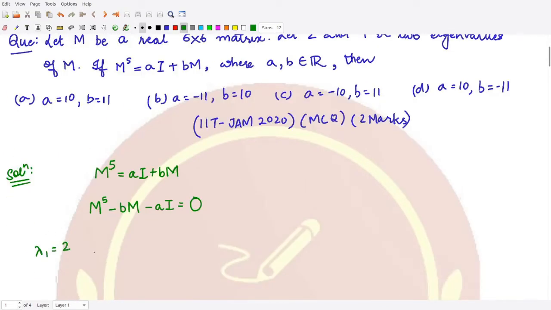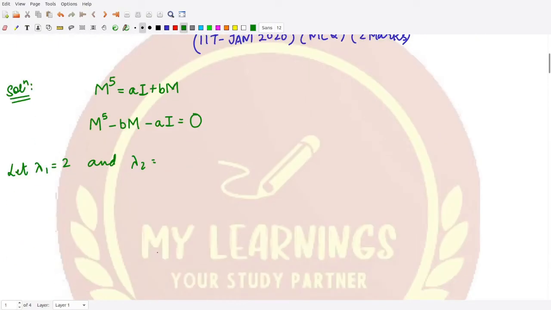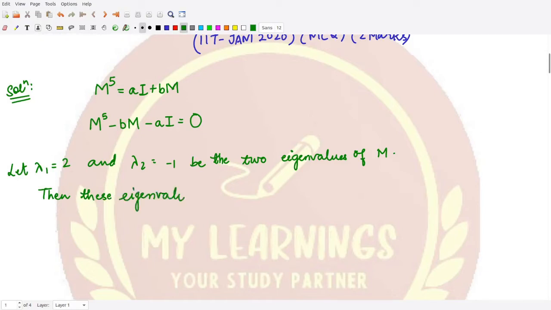Let lambda 1 is equal to 2 and lambda 2 is equal to -1 be the 2 eigenvalues of M. Then I would say these eigenvalues would satisfy